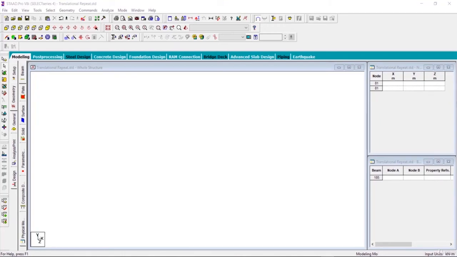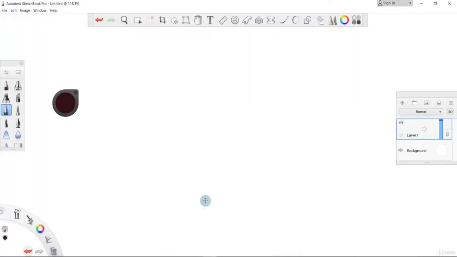Hello friends, in this video we will see how to use the circular repeat option that is available in Staad Pro. For that we will draw a structure. Let me show you what kind of structure we can draw using the circular repeat. Okay, I'll draw a structure. Alright, let me draw it. This is a very rough sketch,